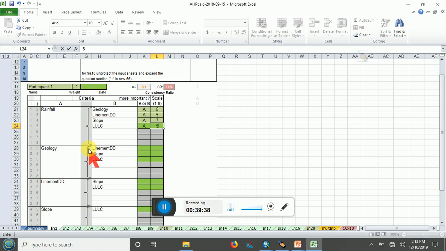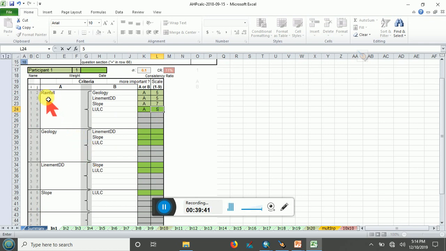Come again here. Look, we compare rainfall with those four. So the next is geology, which has to be compared with the other, no? So how are you going to give weight? Is it geology or lineament density which will highly affect the occurrence of groundwater? You can say quite important, because geology is very important, and sometimes lineament density is also very important. So let me give geology